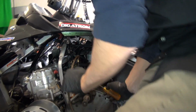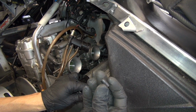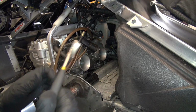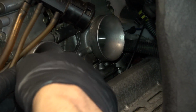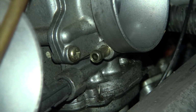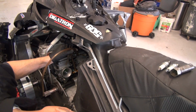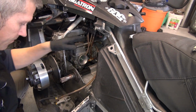Watch out for one second or something. Just got to take a look. Well, there's the cap off the bottom. Pour it on the carb. Grab these here. Here's the other one. Pop that off. Clamps. Yeah, that's good. Okay, now